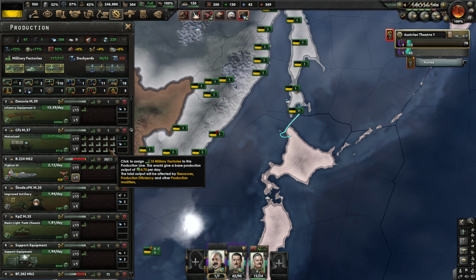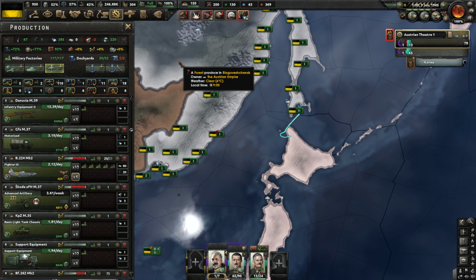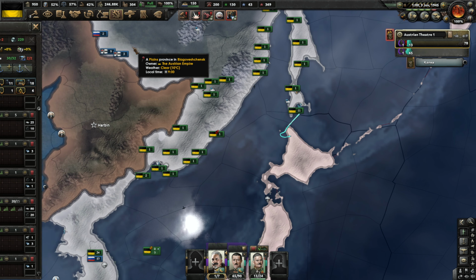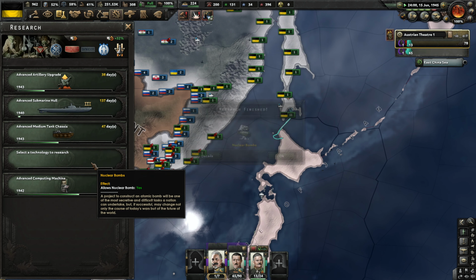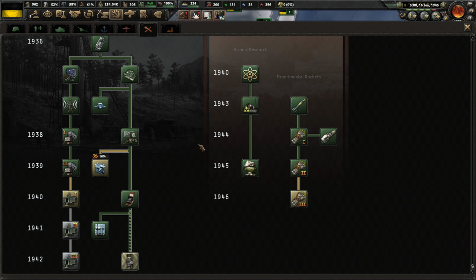What outdated equipment do we have? Oh, we can upgrade our artillery. Okay, perfect. And middle of June, we are about to have our nukes. There it is. We've developed the nuclear bomb,